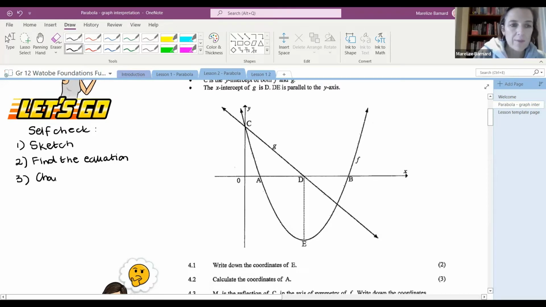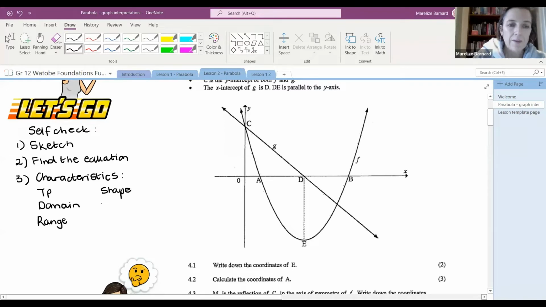So if it's a parabola, I'm going to list specifically the turning point, the domain, the range, the shape of the parabola,